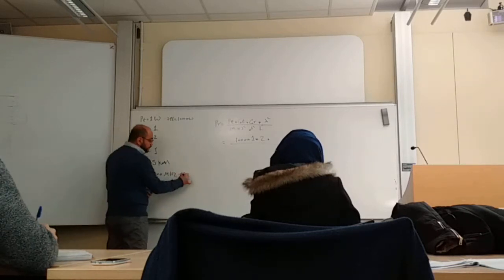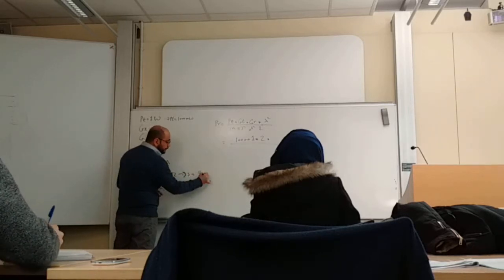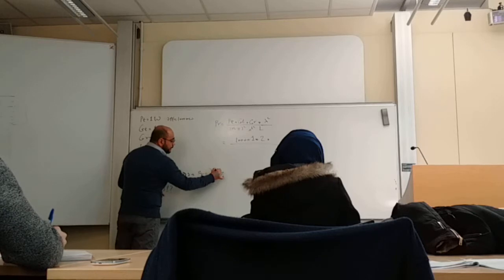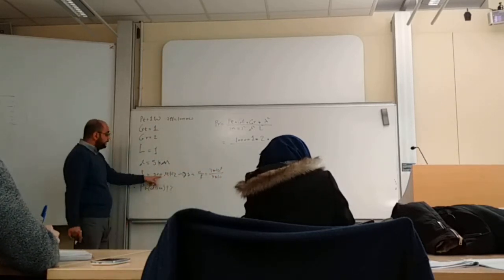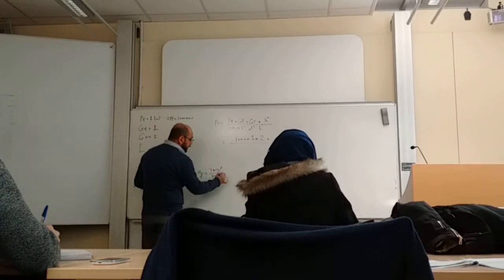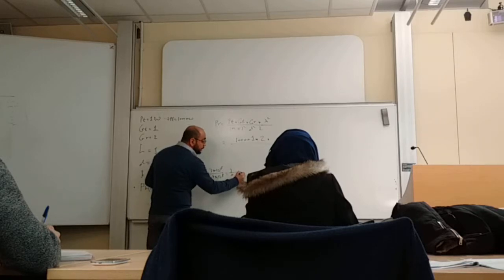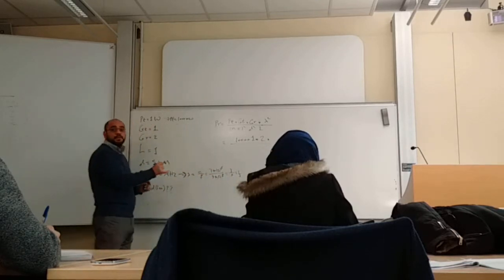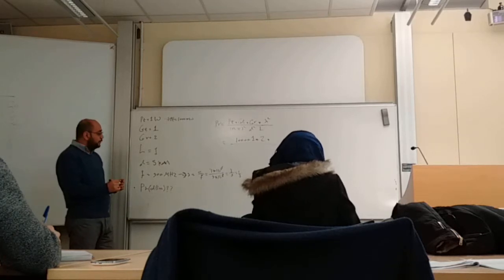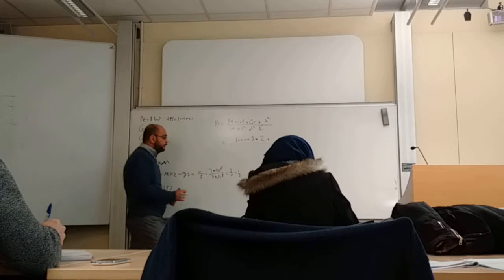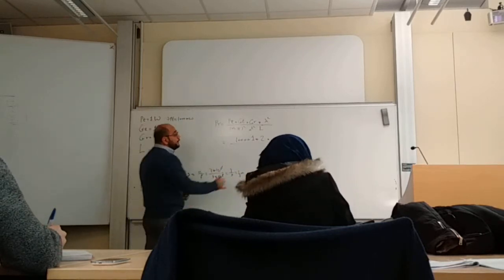So the wavelength is C over F, 3 multiplied by 10 to the power 8 over 9 multiplied by 10 to the power 6. This is 6, this is 2, so this is 8 also. This goes with this, 3 over 9, and this is 1 over 3. Meter or centimeter? Meter. Why meter? Because this here is meter, 3 by 10 to the 8. Okay. So it is 1 over 3